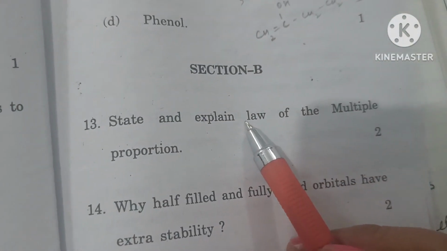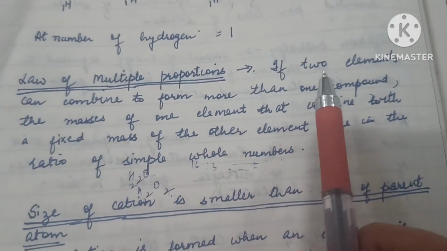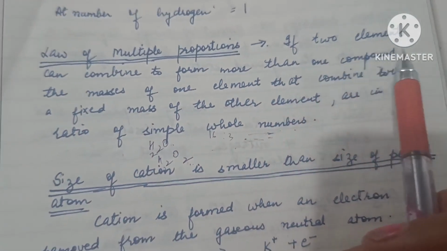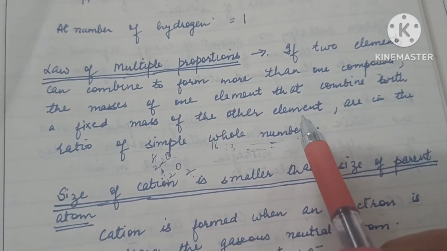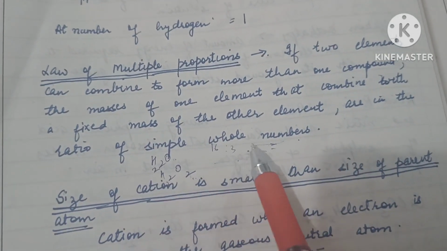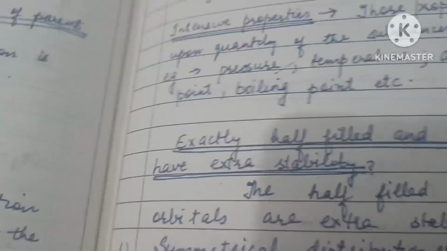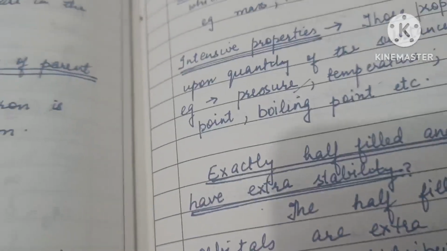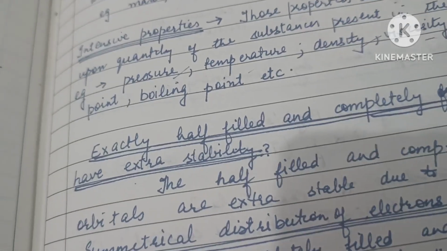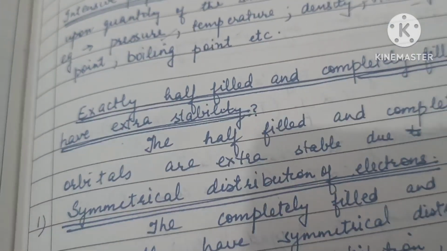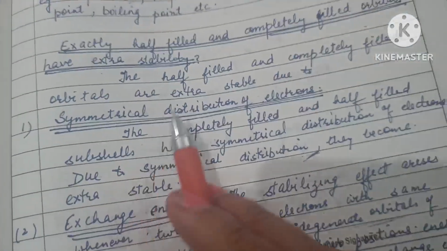State and explain the law of multiple proportion. Law of multiple proportion states if 2 elements can combine to form more than one compound, the masses of one element that combines with a fixed mass of other element are in the ratio of simple whole numbers. Next question is exactly half filled and completely filled configurations have extra stability. Explain why. So answer is exactly half filled and completely filled orbitals have extra stability due to number 1, symmetrical